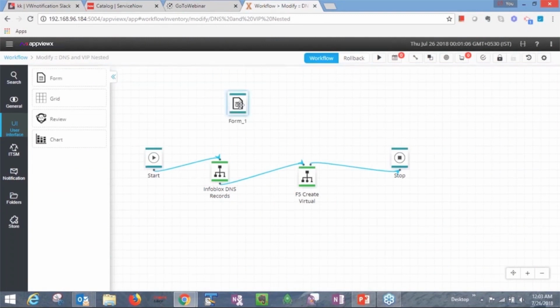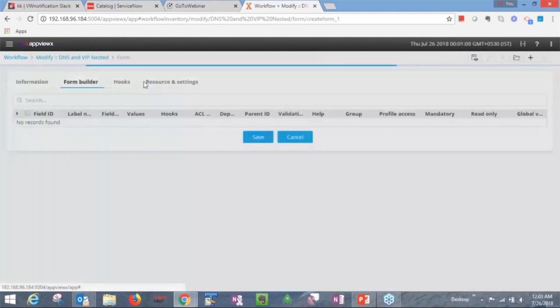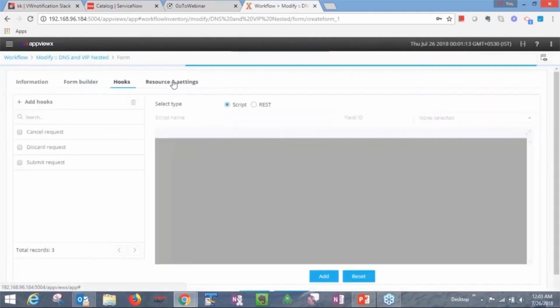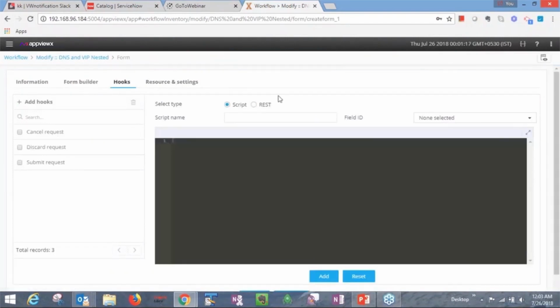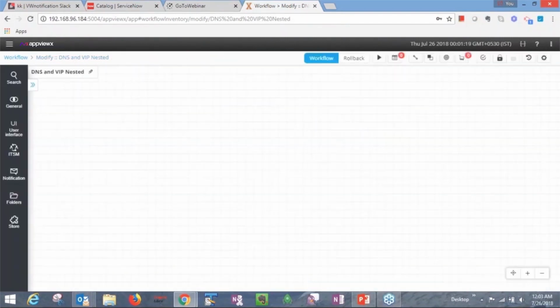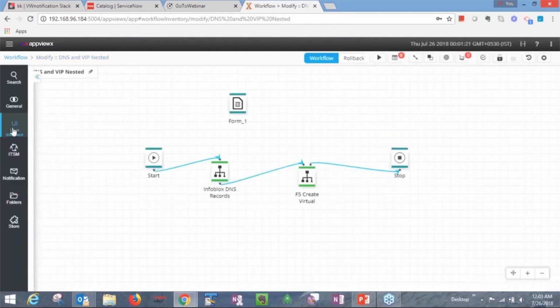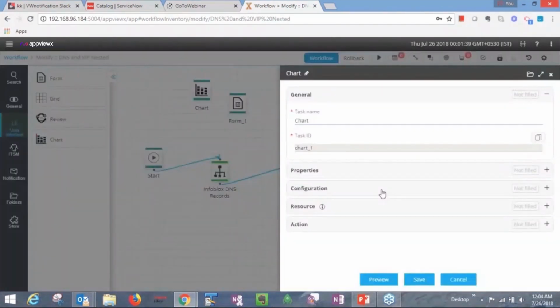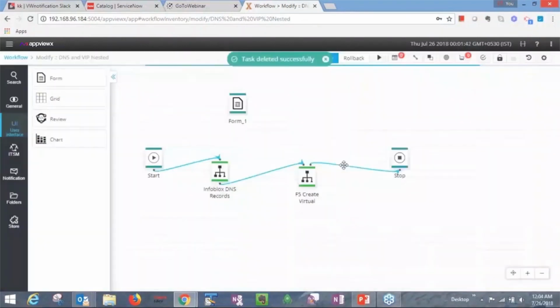The form is pretty extensive. You can customize your form, get values directly from the device, from the database, and you can make REST API calls to any other system as part of the whole automation process itself. Right, and if you want peer reviews enabled, you can have review components to enable approval processes as part of the whole automation journey itself. And in the event of you wanting to create any sort of dynamic reports, you have the chart component that you can actually use to generate dynamic reports.